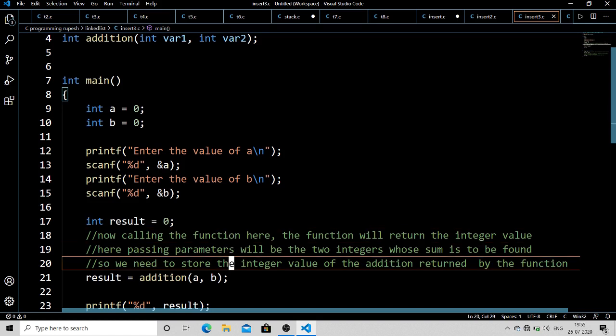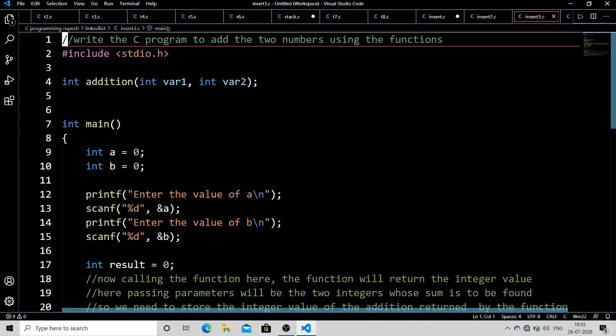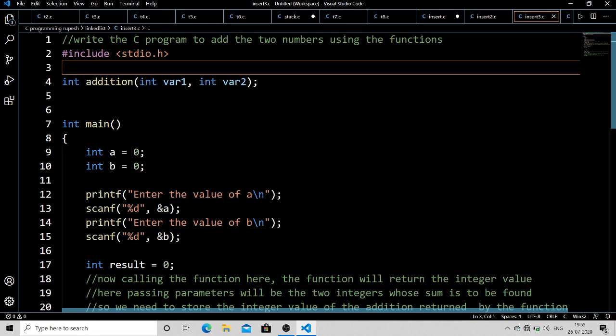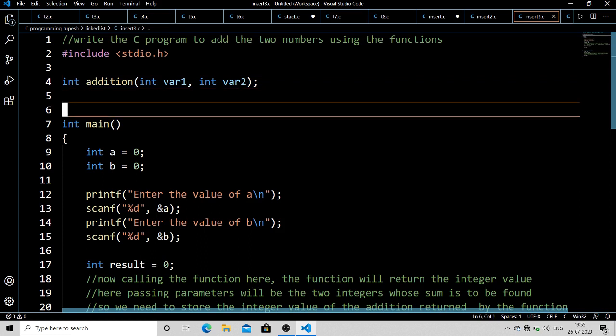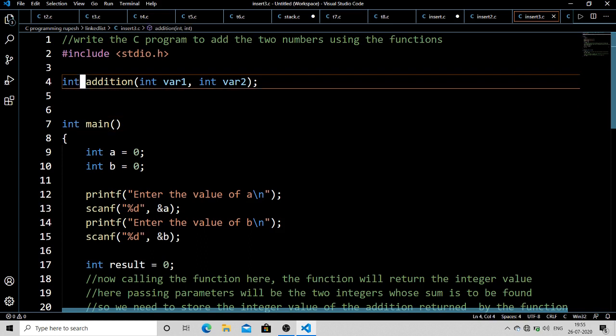Now let's move on to line number 4. As we are going to use a function, we need to declare the function before using it, same as in the case of variables. Coming to the declaration part, as we discussed in the previous tutorial, we just need to keep in mind what type of output data will come from the function. As we are dealing with integers only, int a and b, and a plus b will be an integer itself, hence the output data type will be integer.